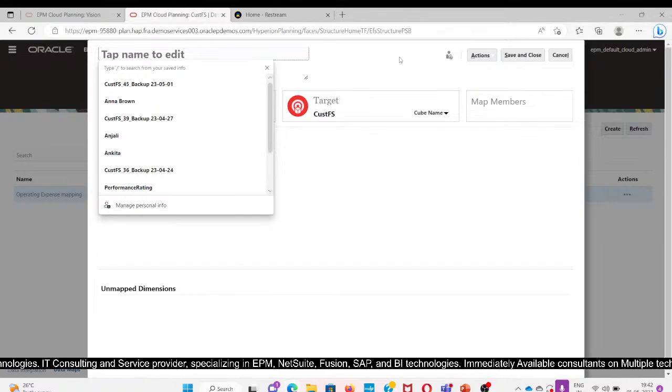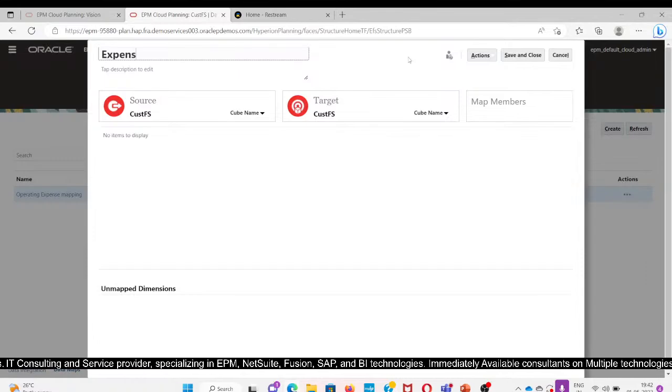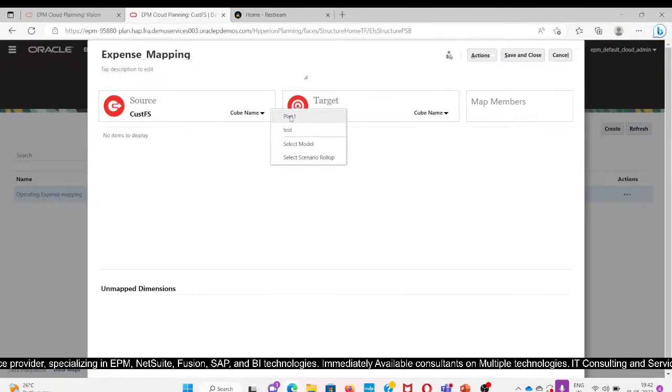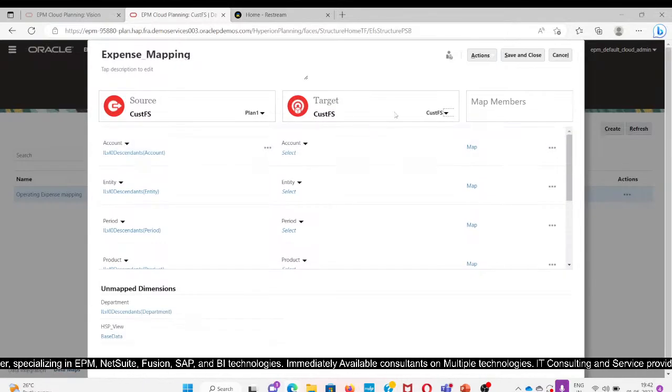a Smart Push named expense mapping. Our source cube is going to be the plan1 cube, and our target cube will be CUST-FS. CUST-FS is our ASO cube, and plan1 is our BSO cube. Okay, now in the source I'm going to select